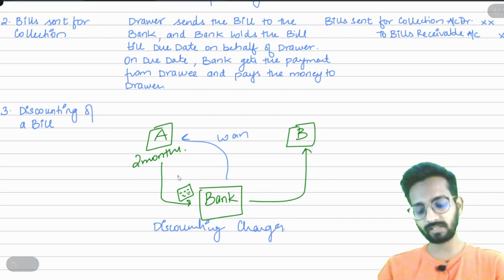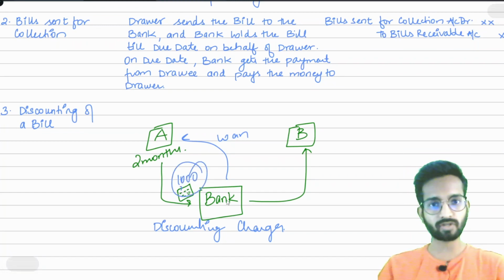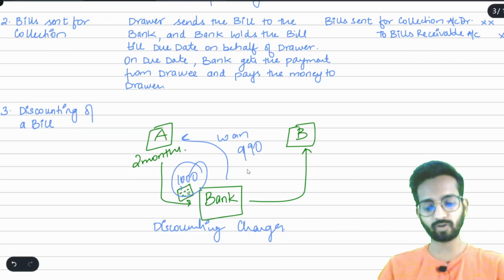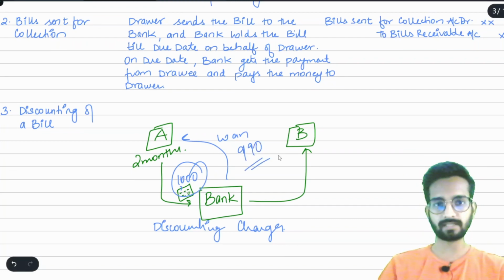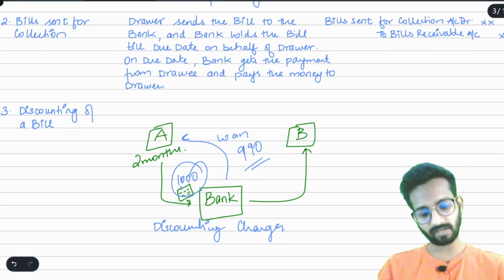For example, the bill says that he has to get 1000 rupees from B. The bank will not give 1000 rupees as a loan. The bank will give 990 rupees only. The bank will deduct 10 rupees as interest cost. Understood? So we will write that